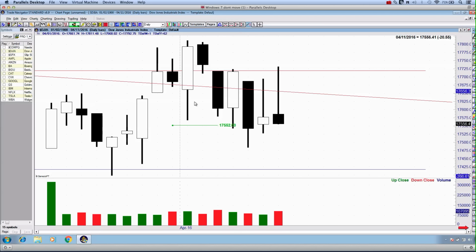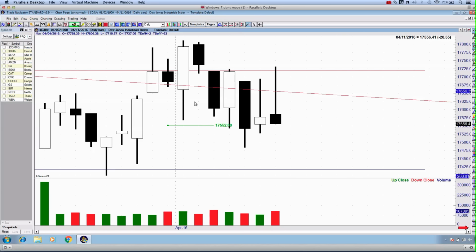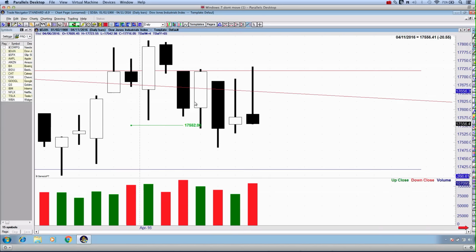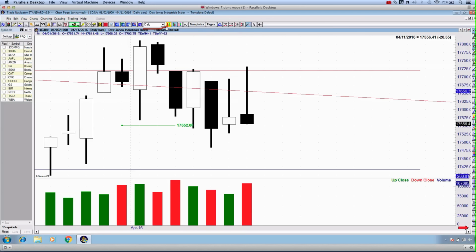But in this video, I'm going to once again zoom back in to the molecular level. What has happened, what has transformed during Monday's trading session. Now, this is simply the daily candlestick chart of the Dow Jones Industrial Average as at the close on Monday. And this is the candle which we are left with.